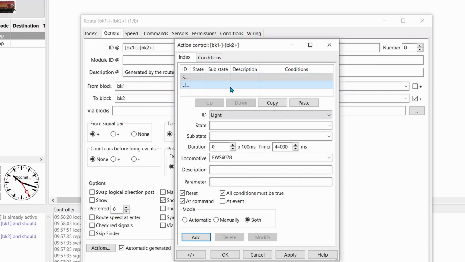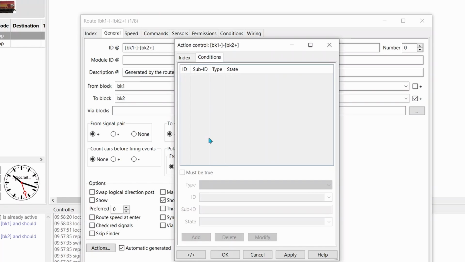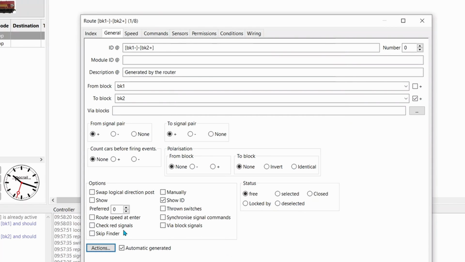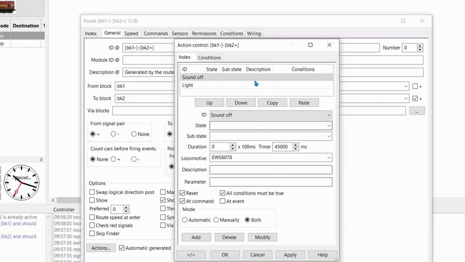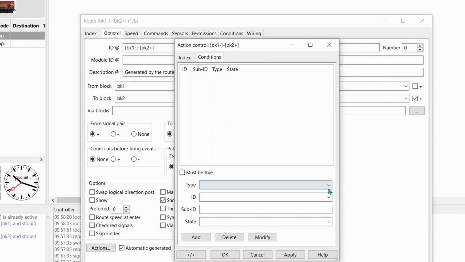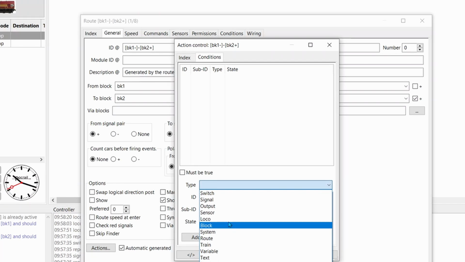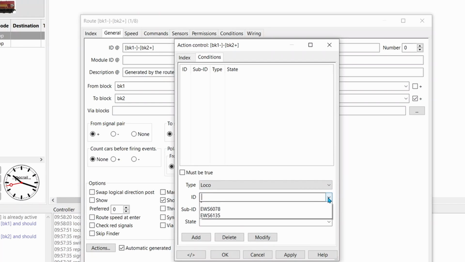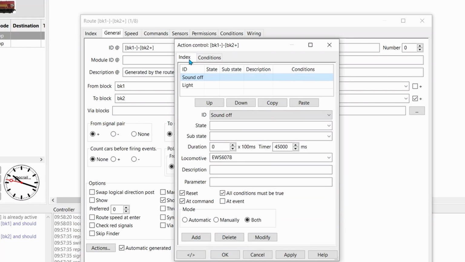The same again, you could go up to the conditions there and set the conditions there. For some reason it doesn't like to go straight into the conditions. I'll apply, OK, and go back in and add in the conditions. So locomotive, and in there, add index.